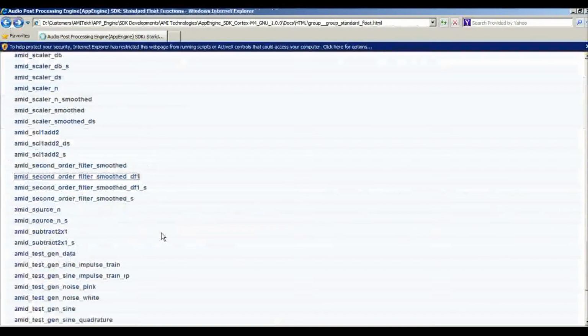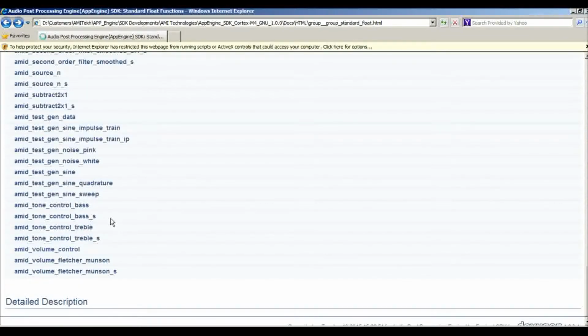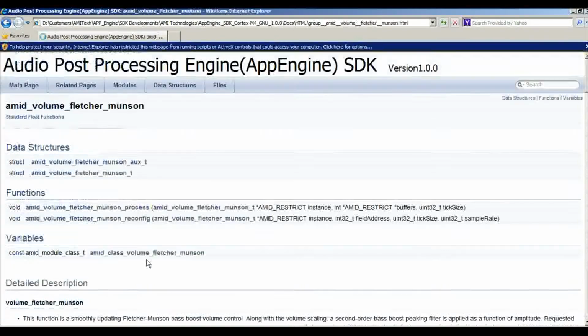So let's have a look at the other module also. Let's have a look at, let's say, volume control.